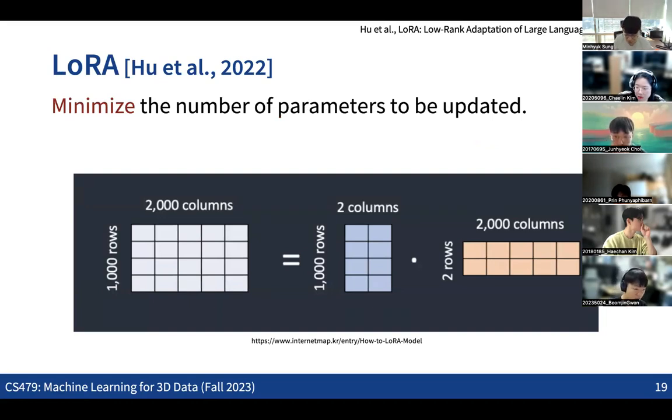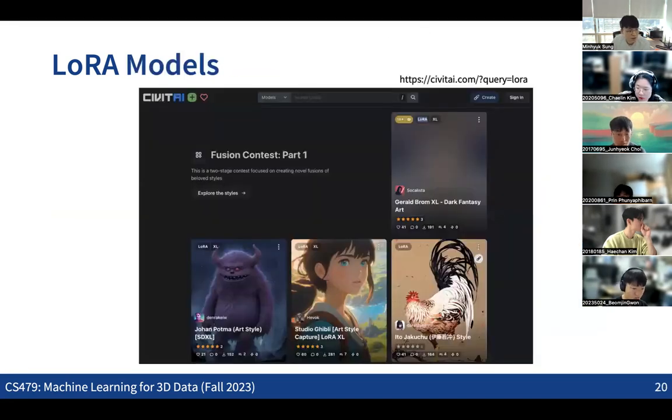So this was also a practical idea for adapting a diffusion model to a specific domain of data. And if you go to this website, you can see lots of interesting LoRA models.